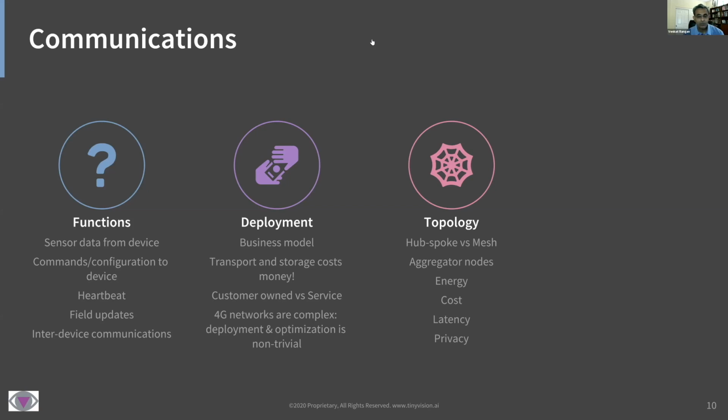Usually latency is not an issue in some of the low power domains, but it could be, right? Energy is a big one, because if you're sending data over 4G versus BLE, it is quite different. That will determine what kind of standards you want to use. And there's a wide array of them.